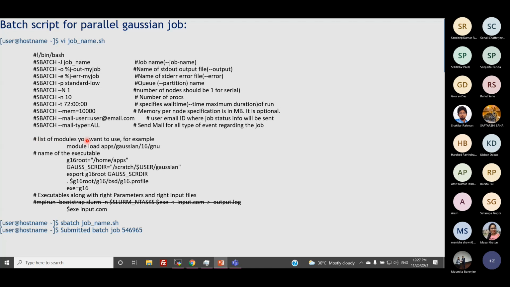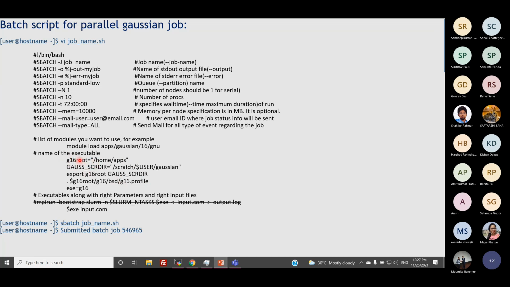And then in the next lines of the batch file, you can load your module like this. If the module is not prepared, then what do you do? Then you have to give a certain environment, these 4 lines, for your Gaussian. If you purchased the Gaussian software and your institute does not have the license setup, then you have to add 4 lines for your binary Gaussian 16.